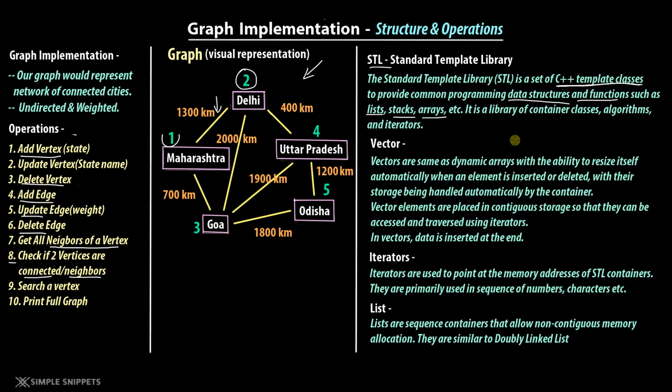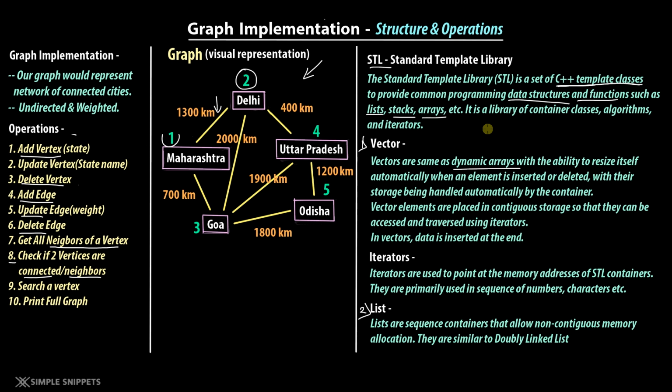So why do we need it? In order to implement the graph data structure, we are going to take the help of two other data structures. One is vector and the second one is list. Vector is nothing but a dynamic array. We know the basic array in C++ is essentially static in nature. When I say static, it means that once the size is given, it's fixed, right? And it has to be given at compile time. So if you give the size of the array as 5 and you want to add an extra element, you have to recreate that array. And if you're using fewer elements, even then the memory for 5 elements will be wasted, right?